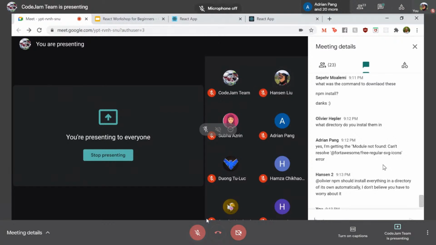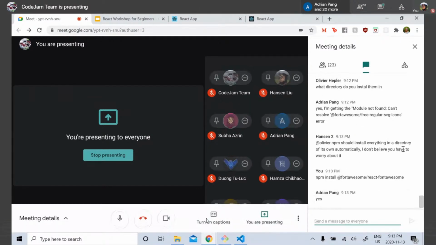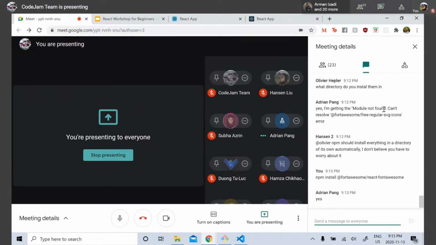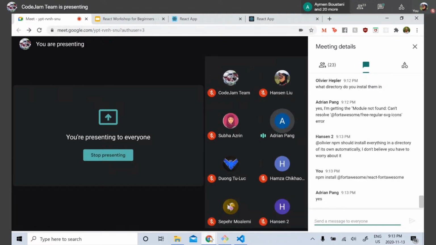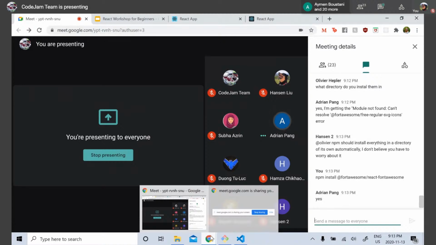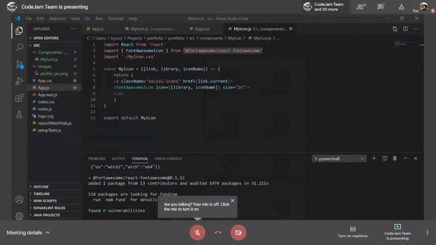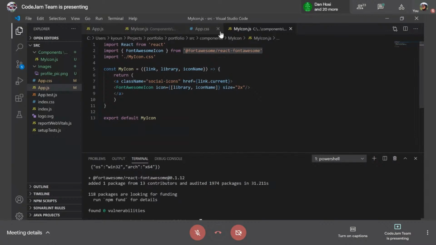Is that after he ran npm install with that command? Yeah, it is. Are we supposed to install in the source folder or into the node modules folder? You can usually run it from wherever. So your terminal here just opens you up into your source folder, and it's fine to npm install stuff from here. So a bit strange with that. Try